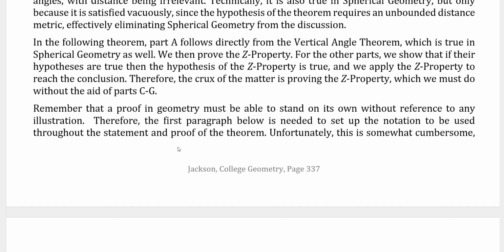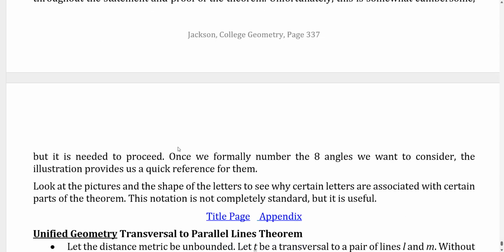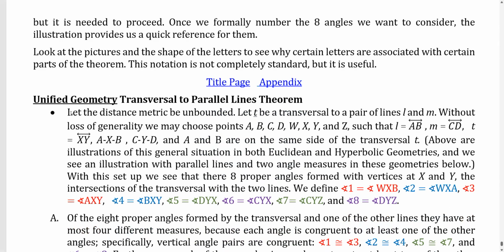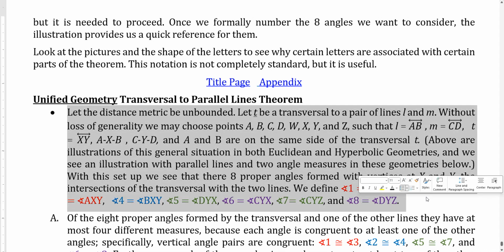So remember, proof in geometry must stand on its own without reference to any illustration. So we need this first paragraph here to set everything up. Unfortunately, it's rather cumbersome. In my class, I'll just provide you with that first paragraph so you don't have to mess with that. But basically, you boil down to getting that paragraph, then you get this